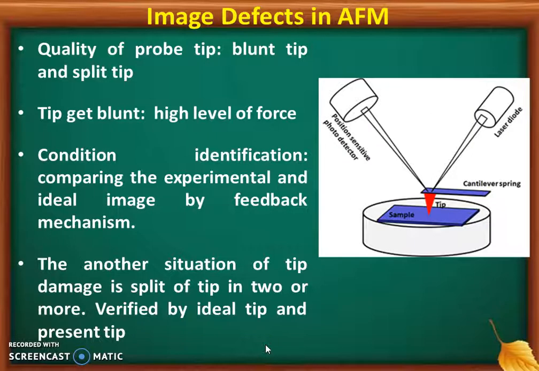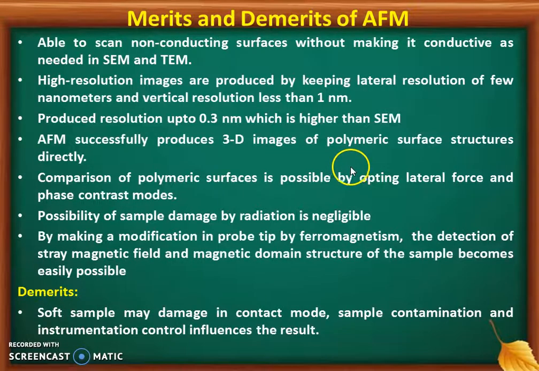So if you see here, the laser diode is here, this is the cantilever, this is the tip, and this is the sample. The laser is incident here and is reflected as per the position of the tip, and that is captured by the photo detector. The merits and demerits of AFM: it is able to scan non-conducting surfaces without making them conductive,